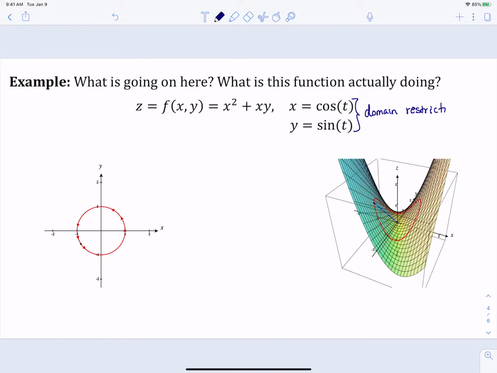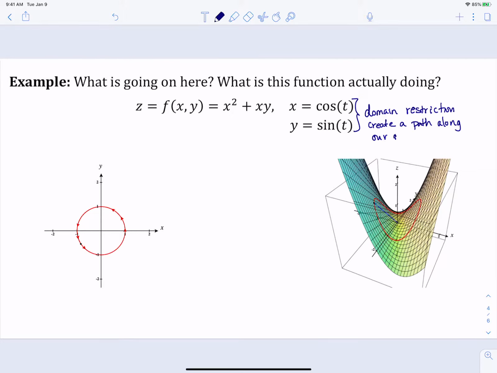And so we're saying we're going to only look at our function here, our f of x y function, when we have x and y values that satisfy these two equations, that x is equal to cosine of t and y is equal to sine of t. Because normally the domain of this function right here is all real numbers. So what this is going to do is this is going to create a path